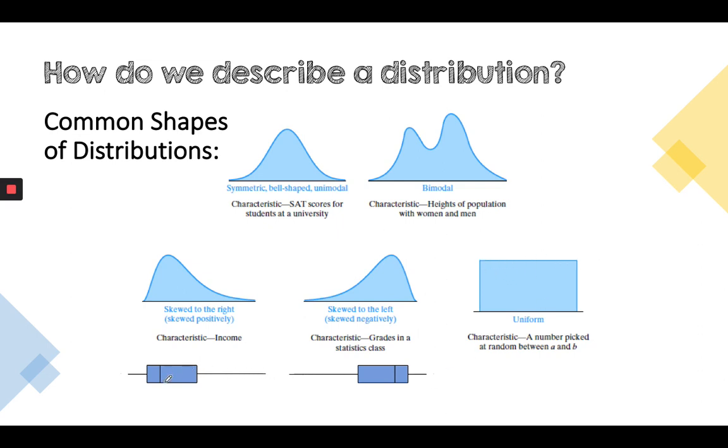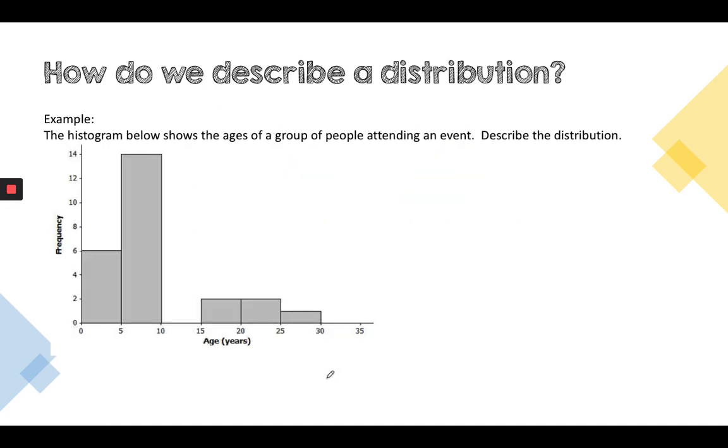And then down here we have examples of what a box plot would look like if it's skewed to the right or skewed to the left. So for skewed to the right, you have a longer whisker stretching out toward the right, and then skewed to the left, you have a longer whisker going out to the left. All right, so we have a histogram. It shows the ages of a group of people attending an event, and we want to describe the